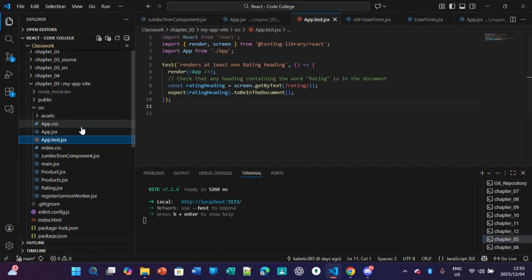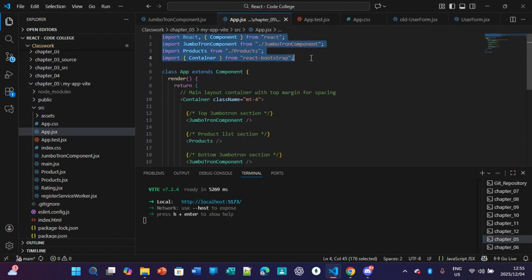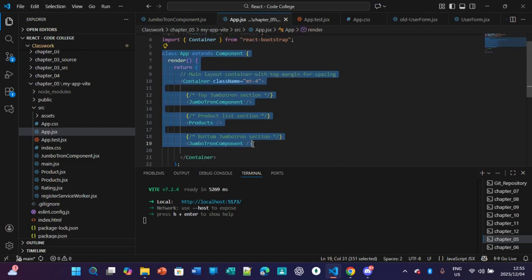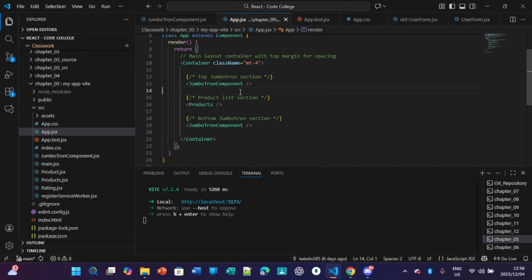Right, so then import React, JumbotronComponents, import Jumbotron component, import Products from products, then import Container from React Bootstrap, then class App extends Component, render, return main layout container with top margin for spacing, then Container className, top Jumbotron section, JumbotronComponents, products list section, bottom Jumbotron section, then Jumbotron component, container, and